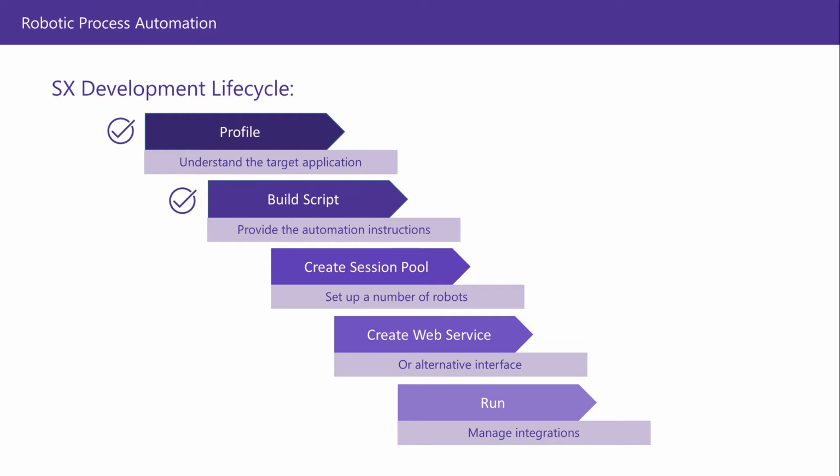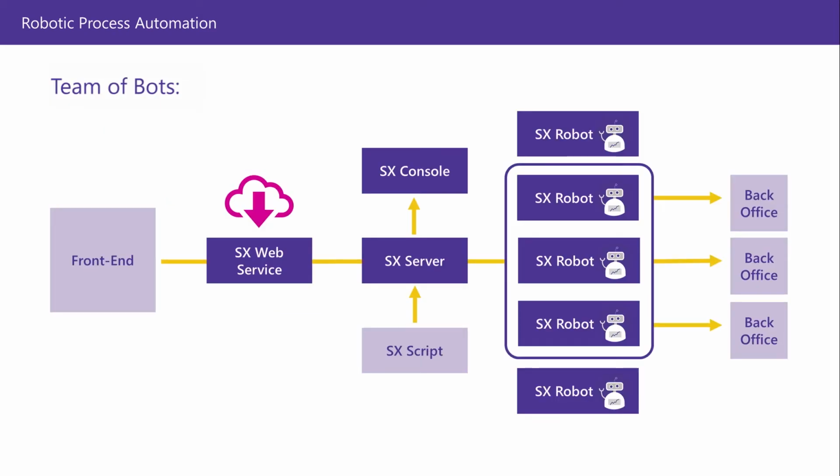Now we need to configure our environment so that we can run the script. Looking at the diagram from earlier, you can see on the right our army of robots, which are used to run our automations. 3 of the robots have Orange Grove application installed on them. We need a way of telling the SX server which of these robots can run the application when the automation is triggered. To do this, we place the robots in a team of robots. Our script can then query the team of bots for the first available machine on which to run our automation. In this next demonstration, I will show you how we can use the SX console to set up the team